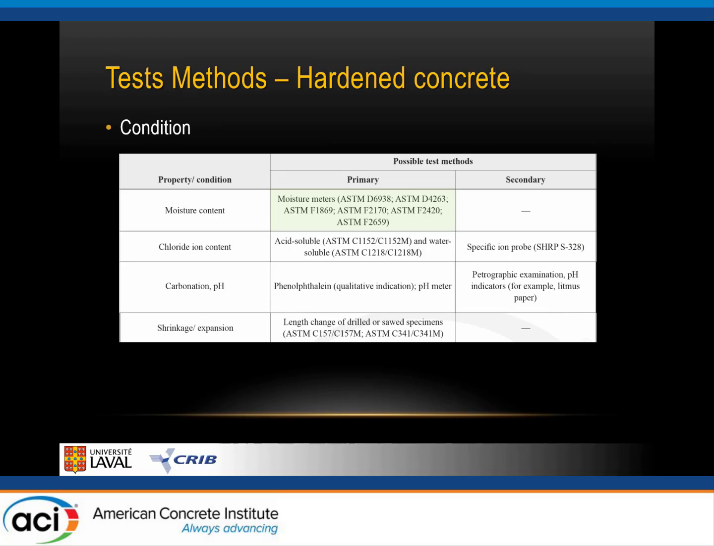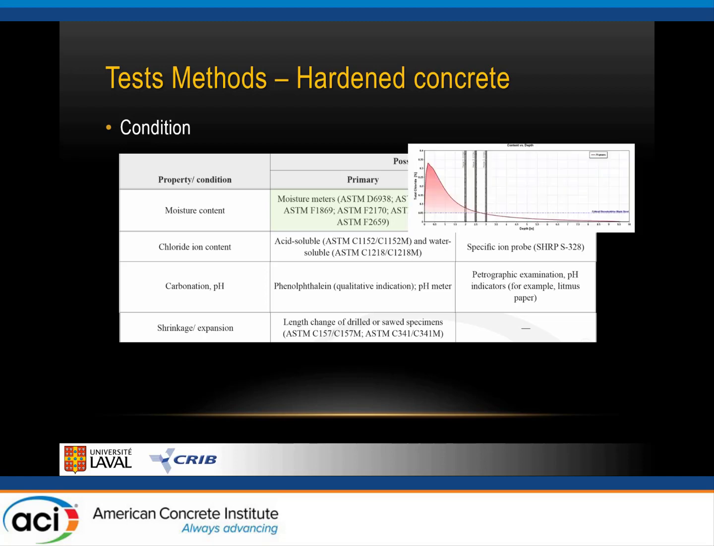So the third category of tests that can be performed on concrete relates to the actual condition of the concrete on site. A first subset of condition that can be evaluated: moisture condition, chloride, iron content. For instance, showing here a chloride profile from the surface, that can be evaluated by extracting